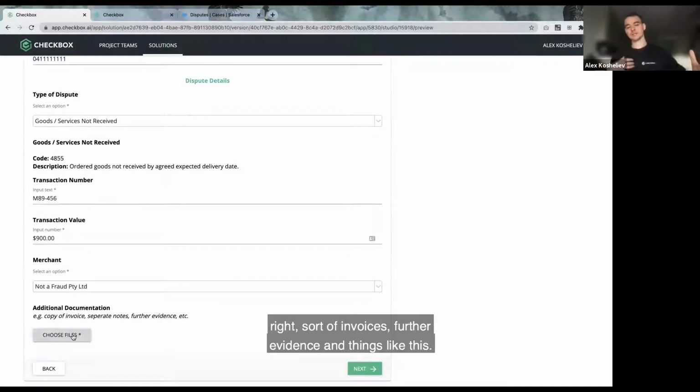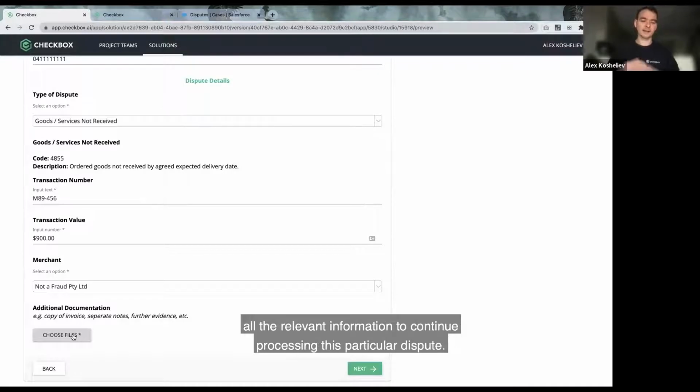Sort of invoices, further evidence, and things like this. So a case officer, for example, in our user journey in this case, can then pick up that case created in Salesforce system, for example. So in this case, we'll be working with Salesforce, as hinted earlier, get all the relevant information to continue processing